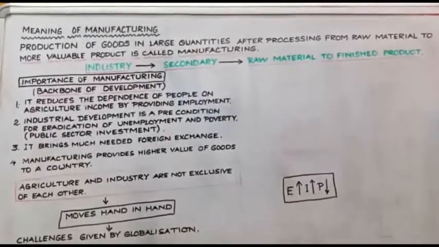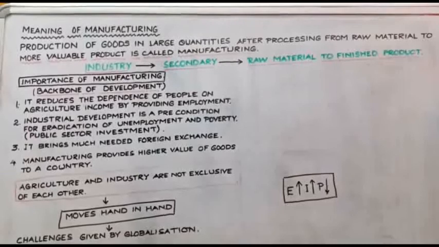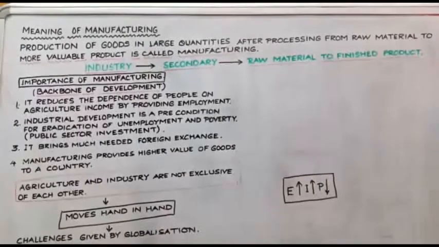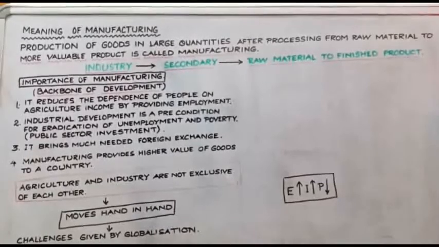Point number 4, manufacturing provides higher value of goods to the country. Now say we have a lot of raw materials. If we sell the raw materials, how much money do you think we will earn? We will not earn much. But on the other hand, if we produce goods out of the raw material and sell them in the market, then obviously we will get higher returns, higher benefit, and higher profits. Then there's a section in the red box, it is written, agriculture and industry are not exclusive to one